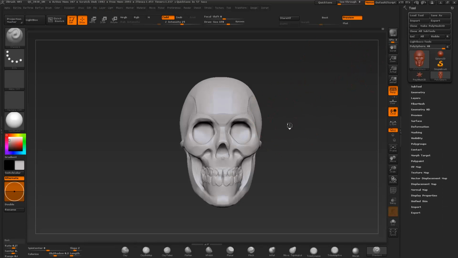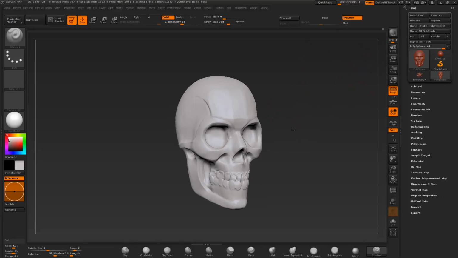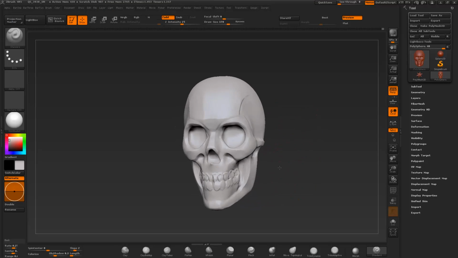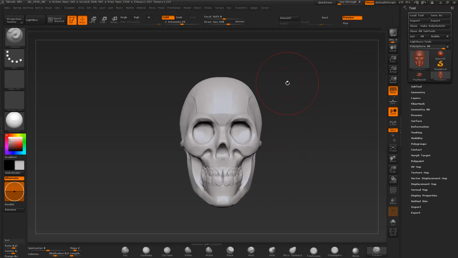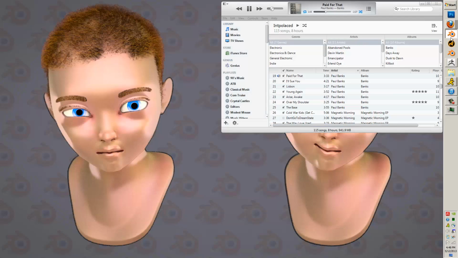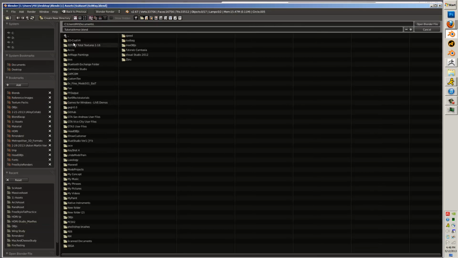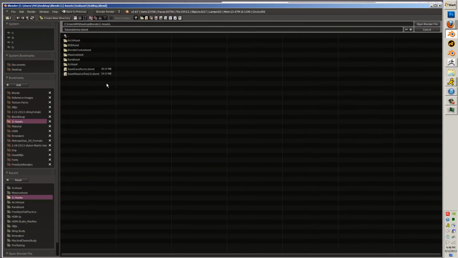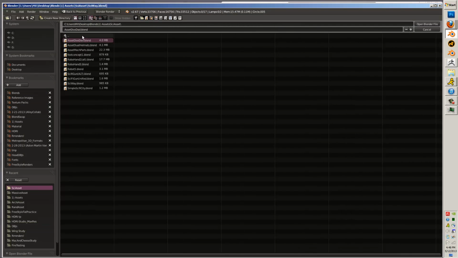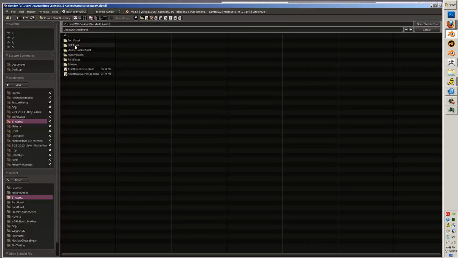Alright, so, ZBrush. I know this is a Blender video, but having all your assets organized in the way that I have them in Blender, like you see here, is actually pretty useful for other reasons too. Like for example, in ZBrush, you can use every asset as a brush. So let's say that I went into